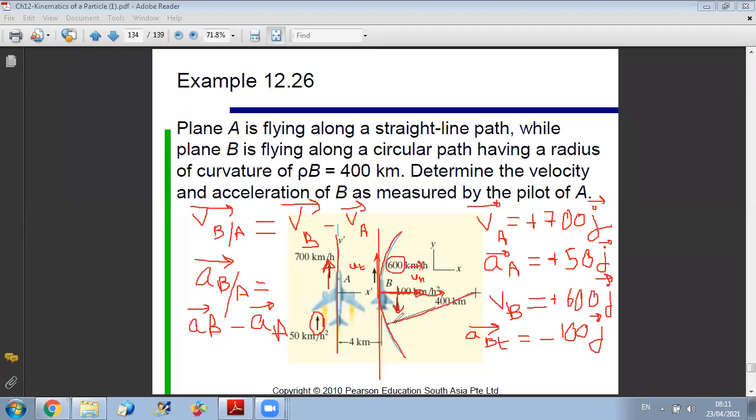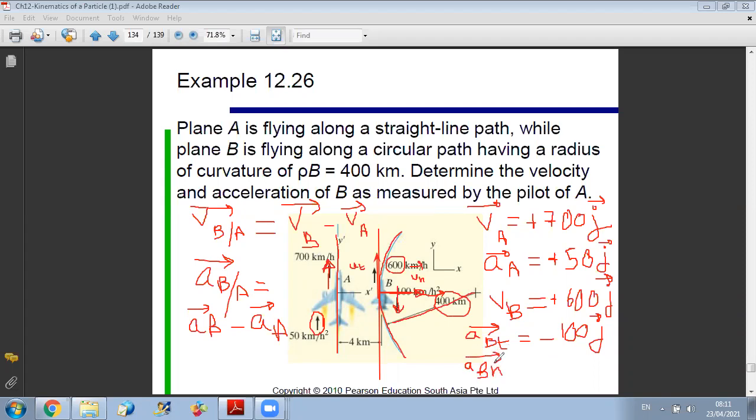Okay, just pay attention for units. Here, I am working in kilometer and hour unit. I am keeping the velocity in kilometer per hour, and I'm keeping the acceleration in kilometer per hour square. So in case, for example, the radius was given in meter, make sure to convert unit. Okay, so AB normal